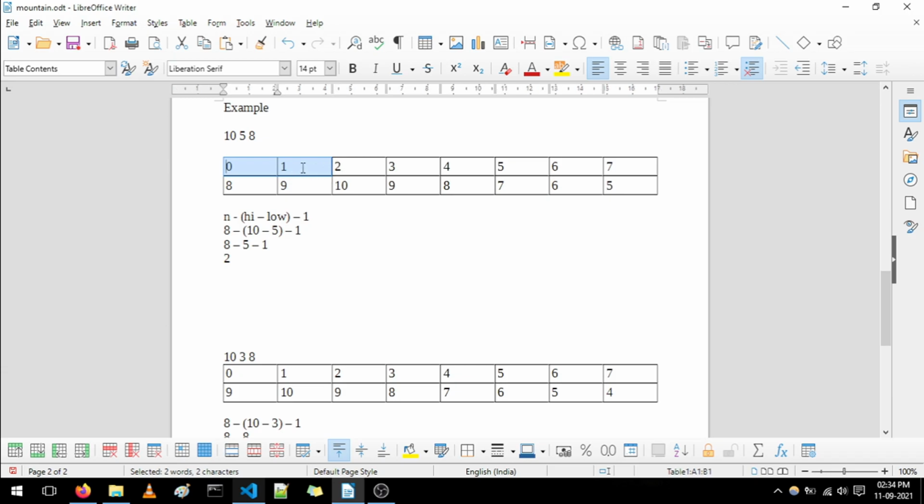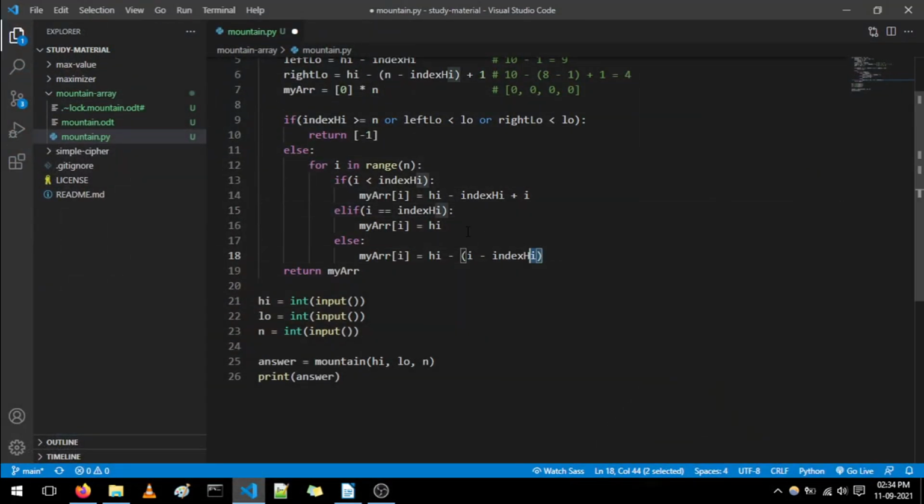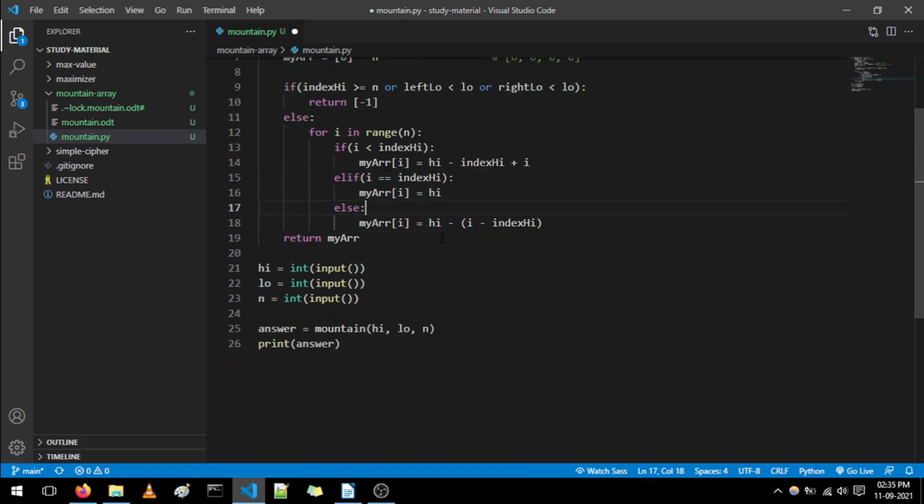Before this highest index we are simply decrementing the value, and after this highest index, we are again decrementing the values. So this logic is self-understood, and I will not explain this because the video length will become too long.